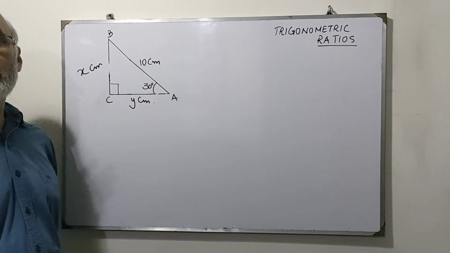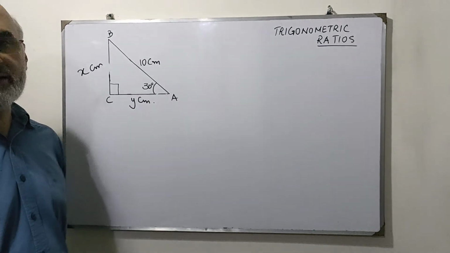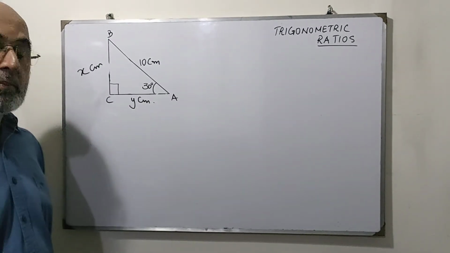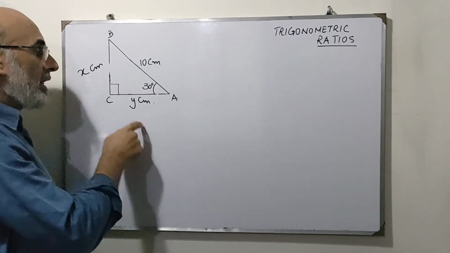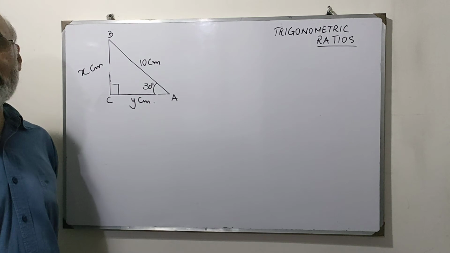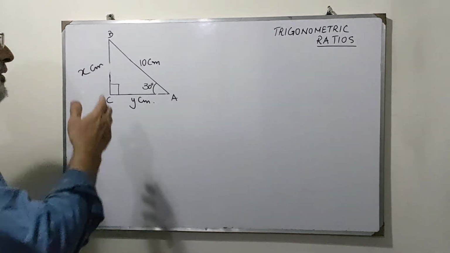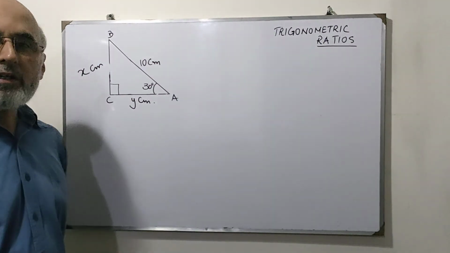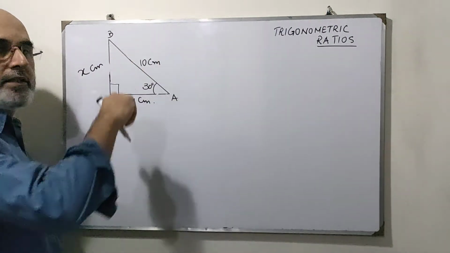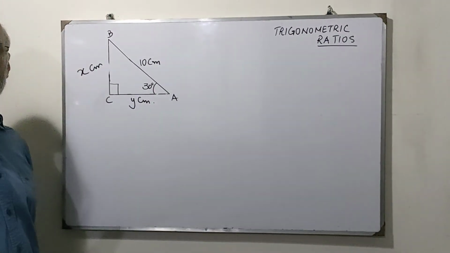Now there is one way, of course, because in a right angle triangle you can apply the Pythagoras theorem. But again, two sides are unknown, so if you apply Pythagoras, you won't reach anywhere. Now coming to the trigonometric ratios, we have an angle, we have one side. So if I want to find the unknown, which is the perpendicular,